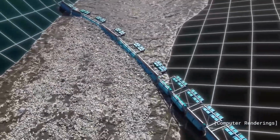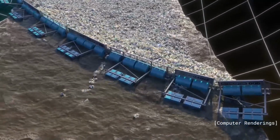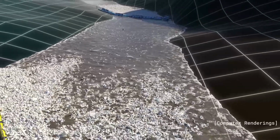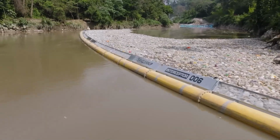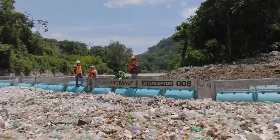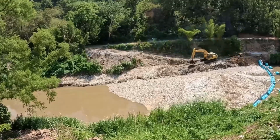However, due to the high-pressure buildup and rapid trash accumulation in this uniquely challenging river, some plastic inevitably escapes the upstream boom. This is where the downstream boom comes into play. Positioned further down the river, it acts as a secondary line of defense, capturing any plastic missed or lost by the upstream boom. This two-tiered approach ensures a higher overall capture rate of plastic waste, making the system more effective